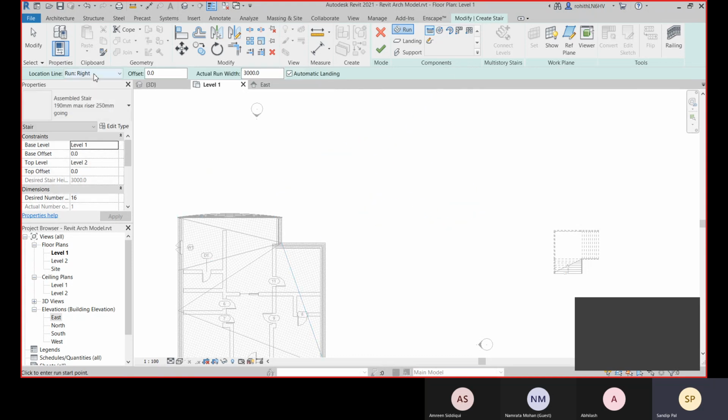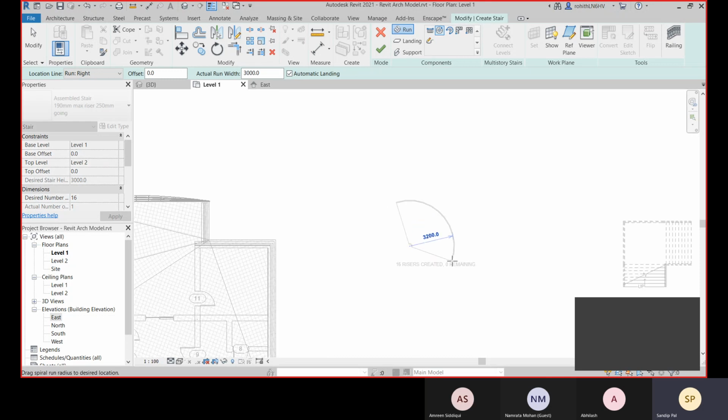Simply you can create, and you already know which location line to define. Okay, all right. So for this full end spiral or full step spiral, just select the center and define the radius. Okay, and then